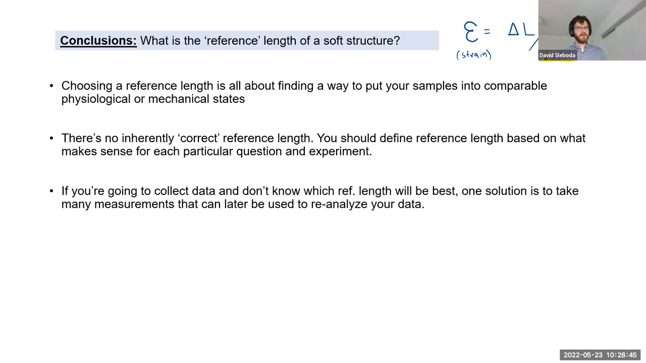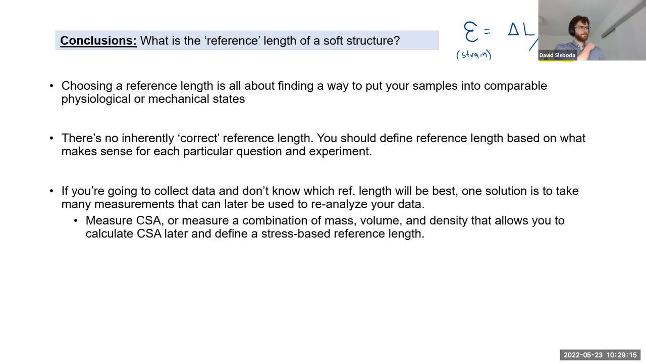And so I presented a couple different examples of how to do this and presented a lot of caveats, and it can be kind of overwhelming. But my advice would be, if you're going to collect data and you don't know which reference length is going to be best for you, one solution is to take many measurements that you can use later to reanalyze your data. These strain calculations are something we often do after data collection. So collect all the information that you can so that you can try a couple different reference